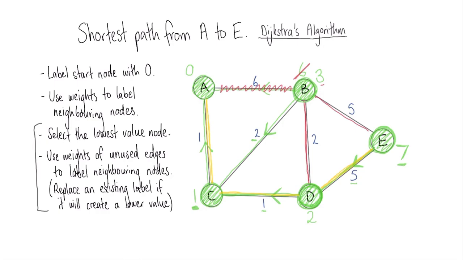So my shortest path, I can see it there in yellow, A to C to D to E, and we can just check the total weight of that again. My first edge here was 1, and then another 1 from C to D, and then 5 from D to E, and that should match up to the